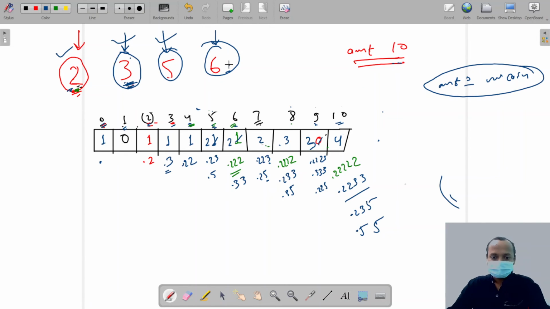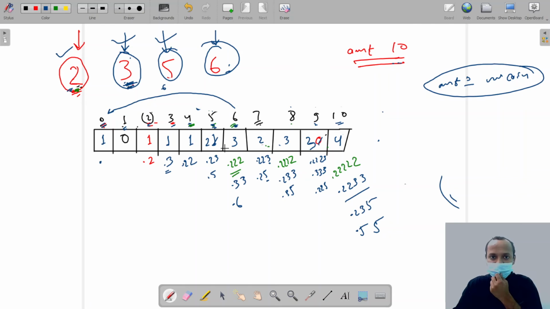Now we are using 6, so we have to start from here, because the amount is less than the value of the coin. Alright, so here we can use the 6 rupees coin, then the amount left is 0, and we can see there is a way to pay this. 0.6 is the way to pay 6 rupees. It means the total ways to pay 6 rupees is now 3, right?